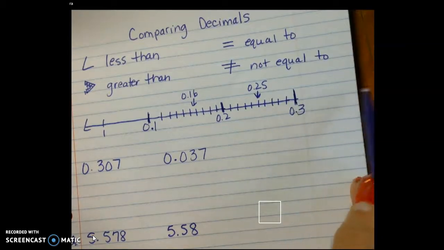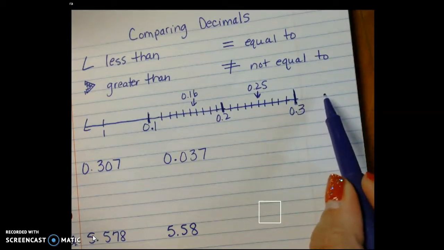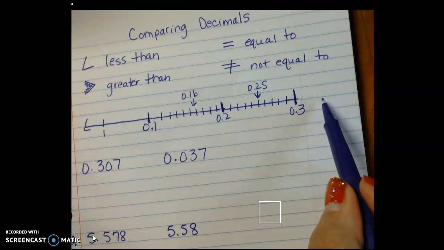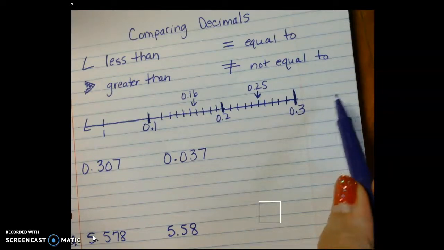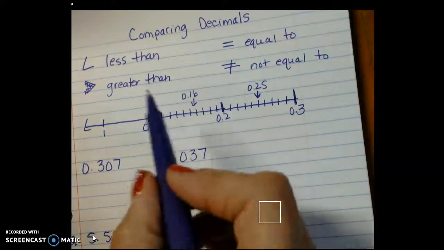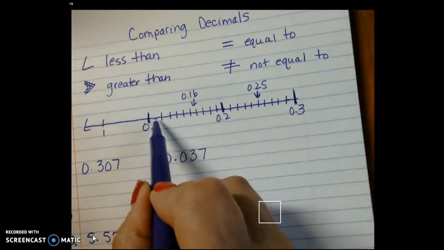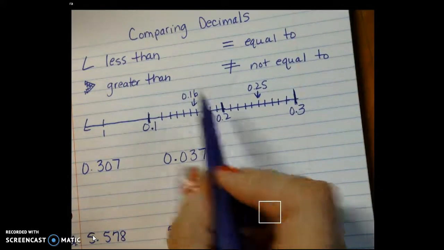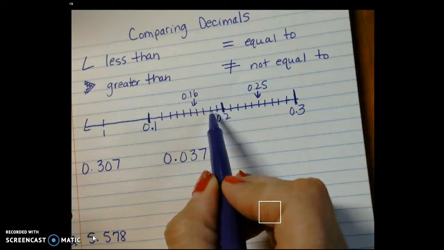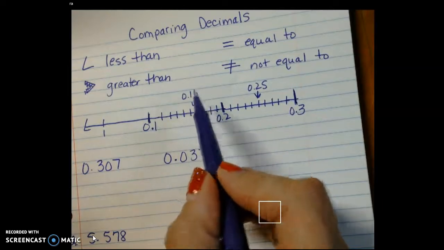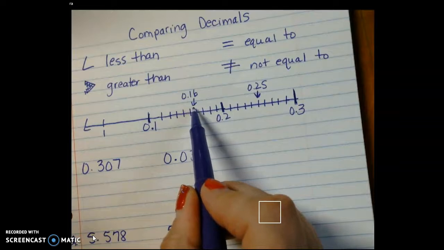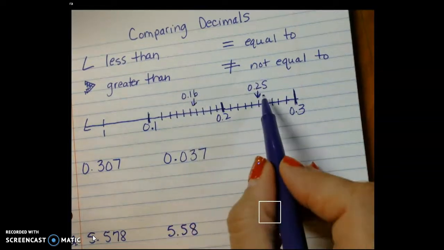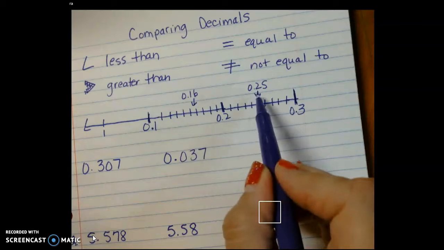If I continued on, I would have 4/10, 5/10, 6/10, 7/10, 8/10, 9/10, and then I would have the number 2. So there are 10 little tick marks between the tenths, and these would be hundredths. So if I were looking at 16 hundredths and 25 hundredths, this is where 16 hundredths would be on my number line, and this is where 25 hundredths would be on my number line,